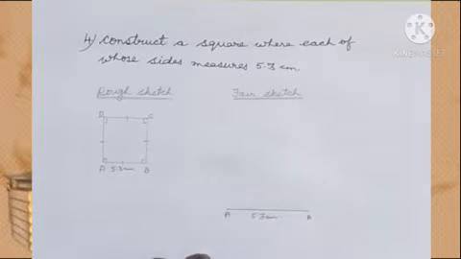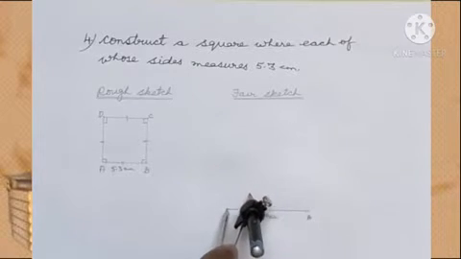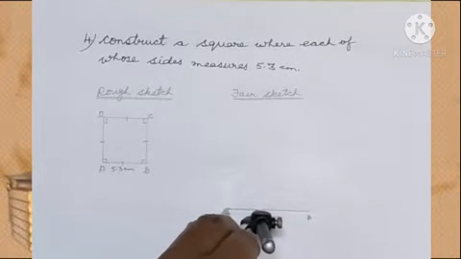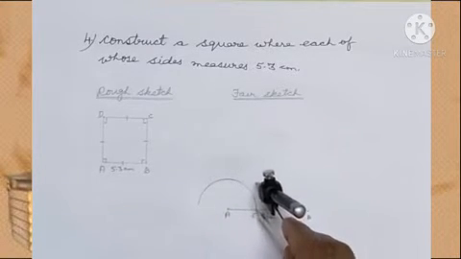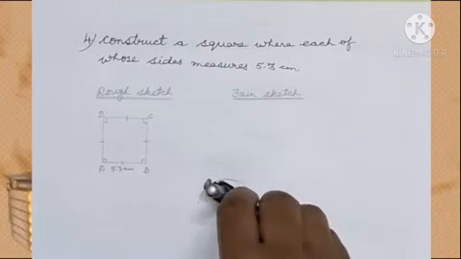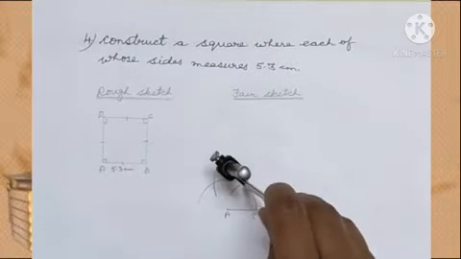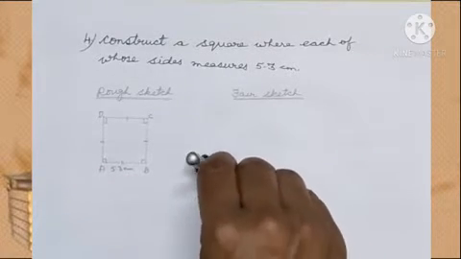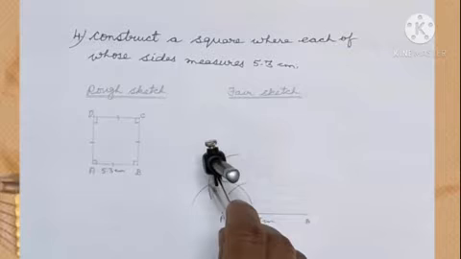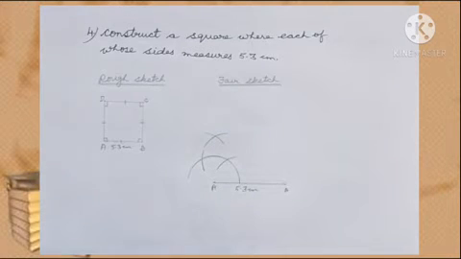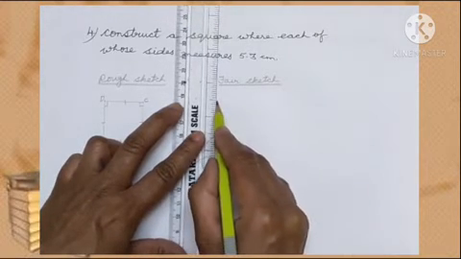Now on point A, we draw a 90 degree angle using a compass. For it, from point A, we draw a semicircle. From the starting point of the semicircle, we draw two arcs on the semicircle at equal distance, and from these two arcs upside, it will be our 90 degree angle. We draw its side